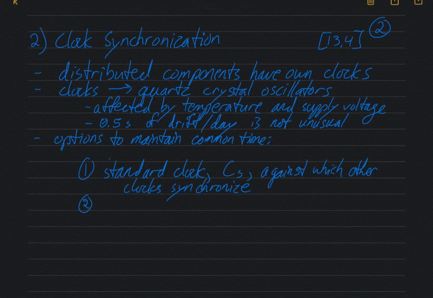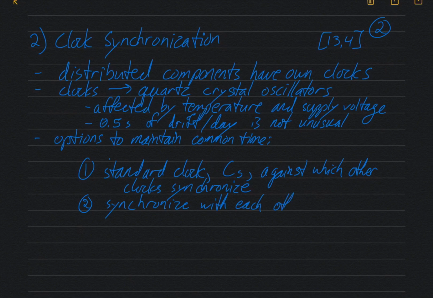And we're going to talk about something called precision time protocol, which is used in things like laboratories to do very precise clock synchronization. So that's one, and the second option is that they can synchronize